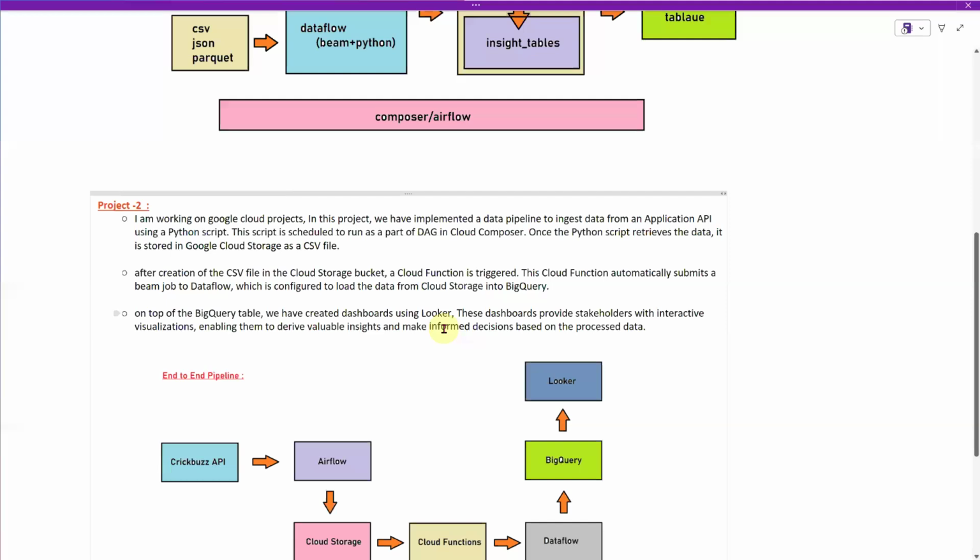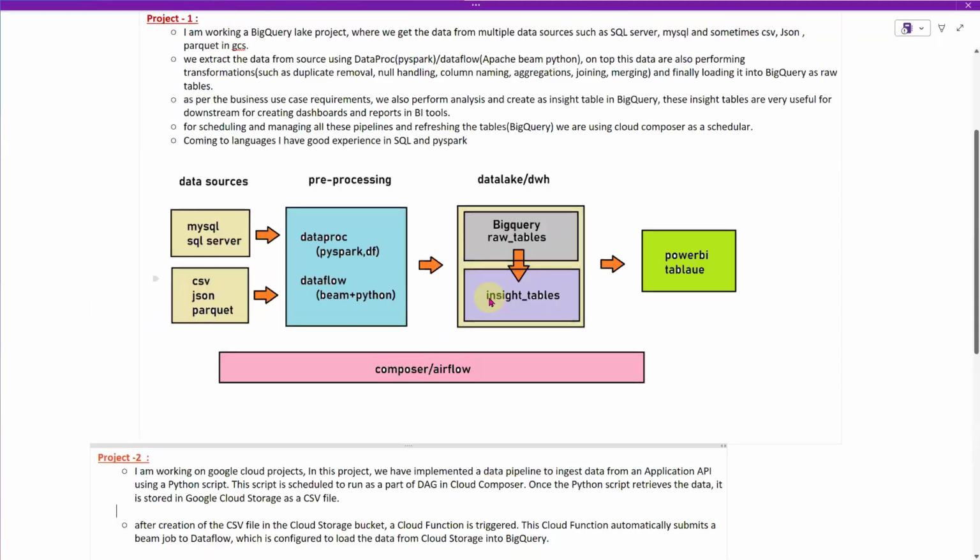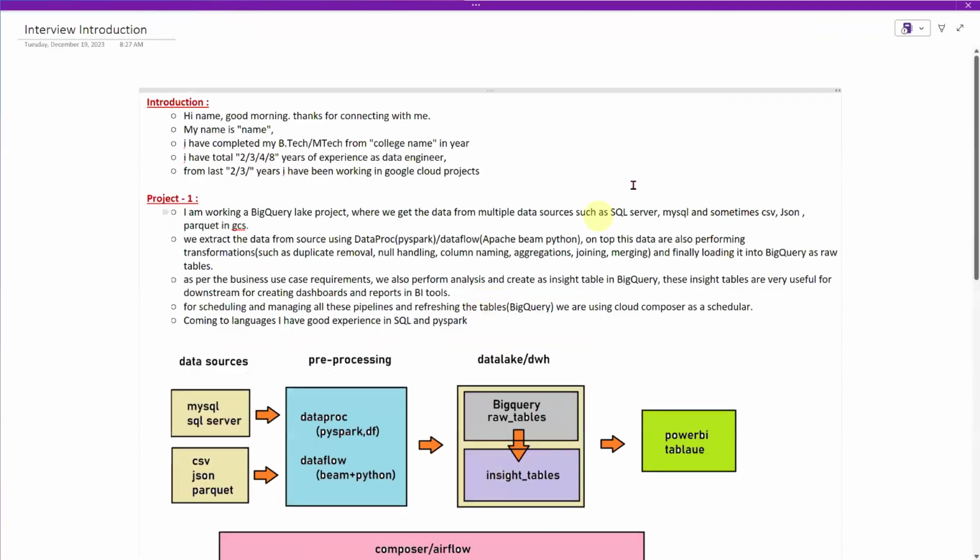Sir, I am working on a Google Cloud project. In this project, we have implemented a data pipeline too. Such kind of things you will be able to tell in the interview. Additionally,